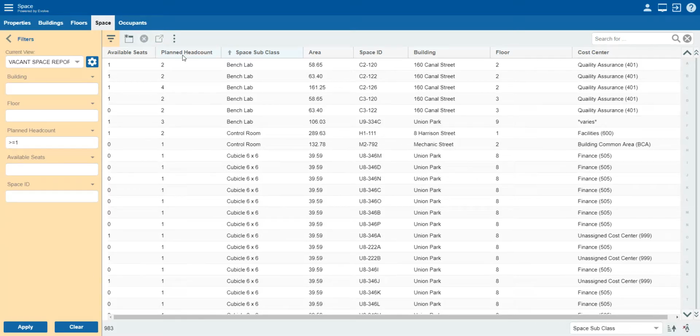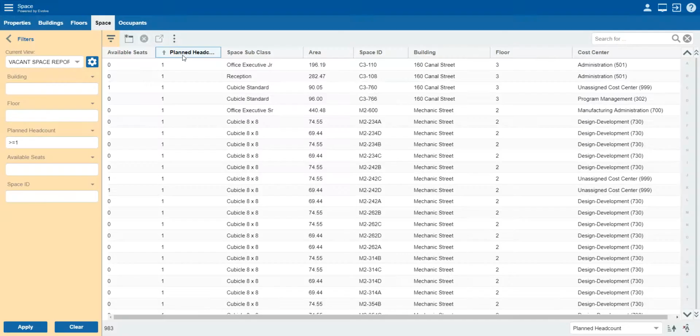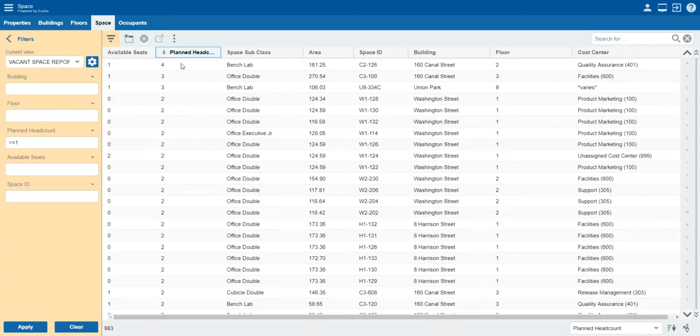So if I sort this planned head count column in descending order, I could see we have 4, 3, 2 available seats in these spaces. I could see the 4 planned head counts are on a bench lab, 3 are on a bench lab here. So maybe I want to exclude my bench lab seats and really only want to look at office or workstation or cubicle spaces. So I could come over here to my